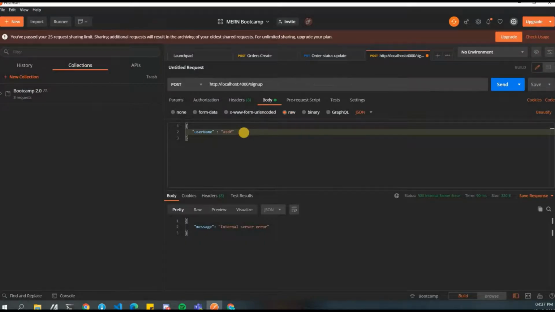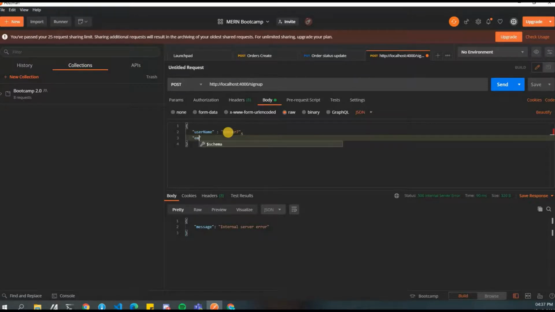Okay. So let's write username as something that we can. Let's write email address as something like Sonu kr7 at the rate gmail.com, or 1111.